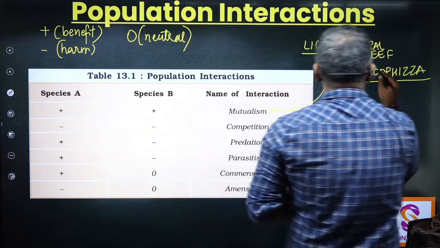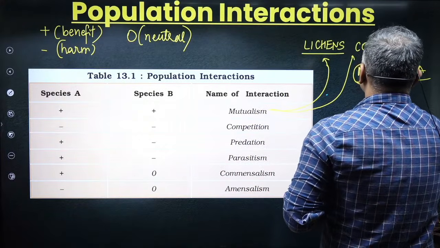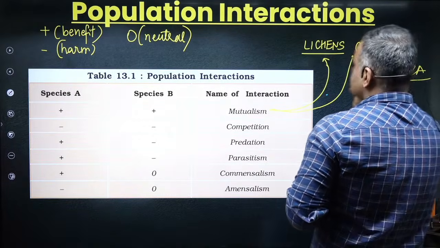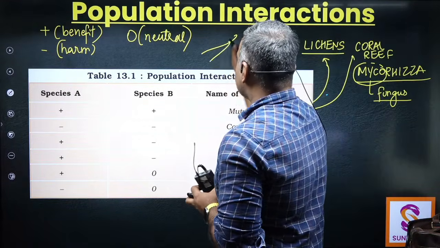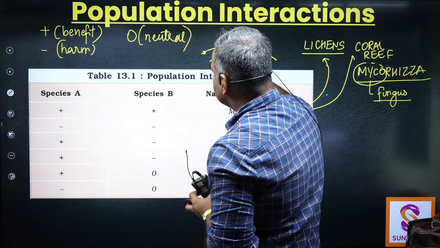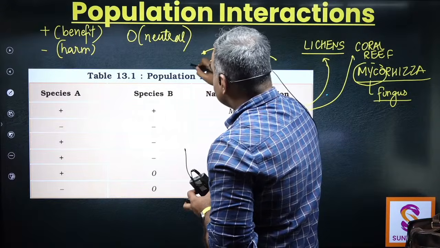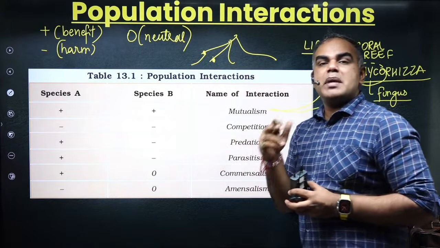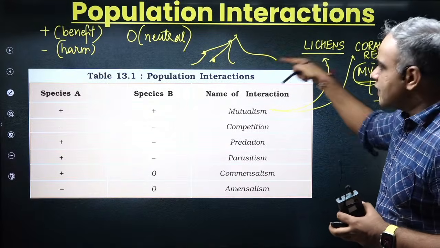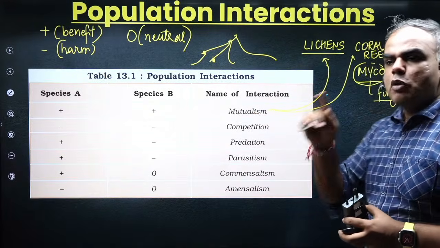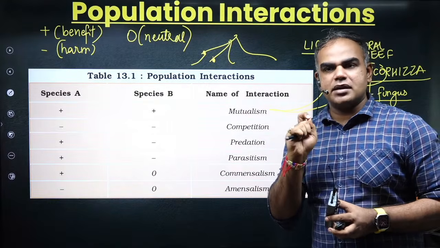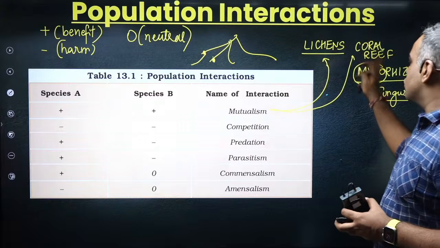mycorrhiza. जहां भी आपको this term दिखेगा myco actually means fungus. Mycorrhiza is nothing. When you have roots of the plants, in these roots there are small nodules. Okay, these fungus attached to the roots, they help in better absorption. That is nothing but mycorrhiza. दोनों को फायदा हो रहा है. हम यहां पे देखेंगे in mutualism, both the species are getting benefit. That is the main thing to understand. Okay, so lichens है, coral reefs and mycorrhiza.